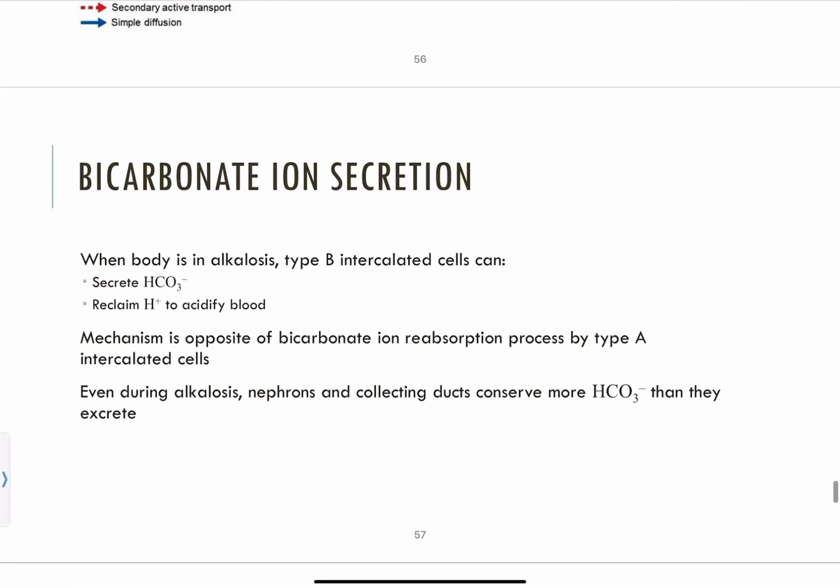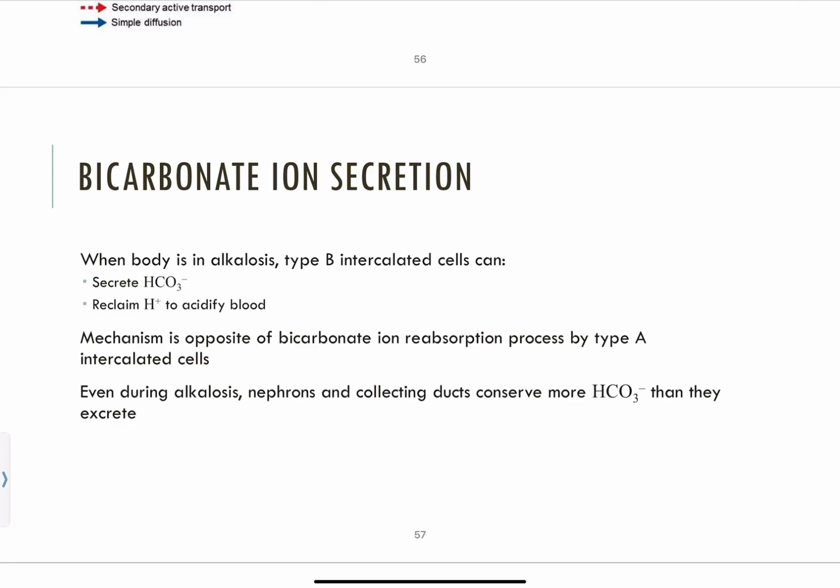So all of that was occurring when we're talking about producing new bicarbonate ions in our type A intercalated cells. But if our body is in alkalosis, meaning it's too basic, that means we need to get rid of some of that bicarbonate ion. So our other intercalated cell, intercalated type B cell, is going to be responsible for secreting bicarbonate ion from our blood and into our filtrate so that we can